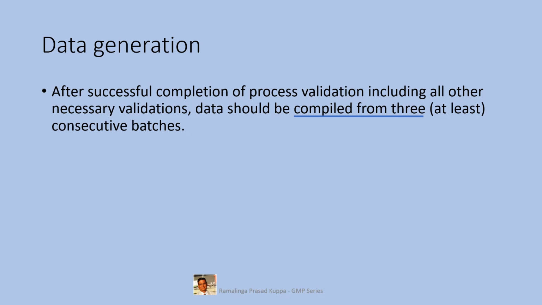The data should include all process parameters, in-process control results, yields at various steps of the process, analytical data of intermediates and final product. Physical properties like bulk density, texture, flowability, crystal nature, etc. should also be captured in detail. All this data should be captured in an Excel sheet so that the statistical evaluation is easier.